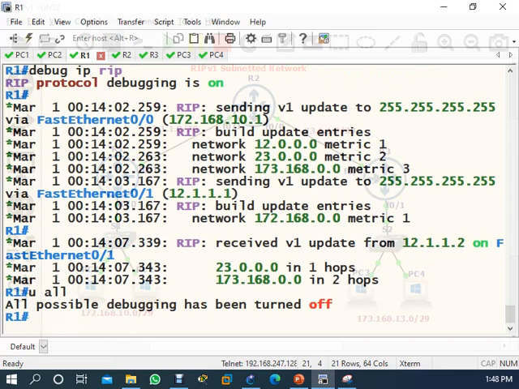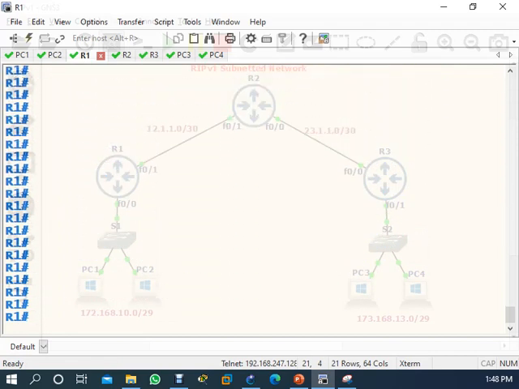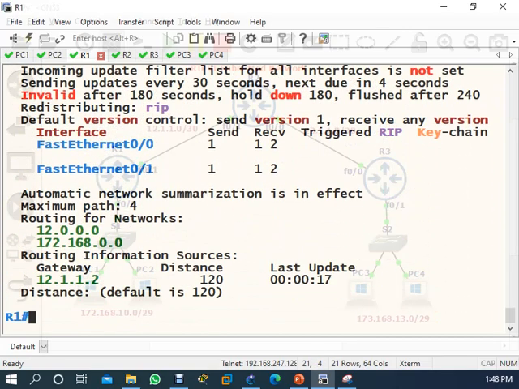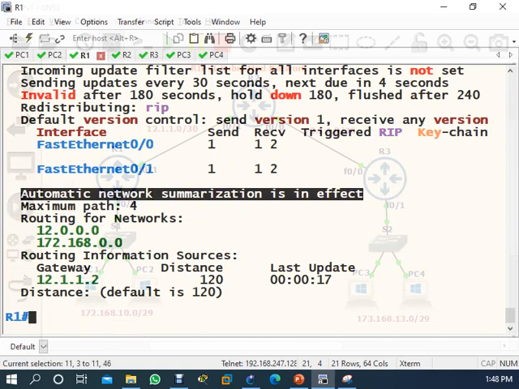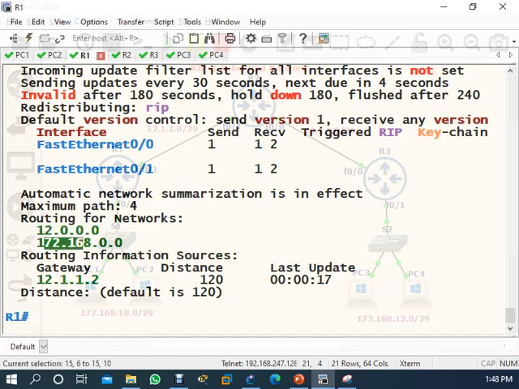Because it is already written in RIP behavior, RIP version 1. See, it is written here: automatic network summarization is in effect, so automatically it is summarizing as per default. That's why it is like this.